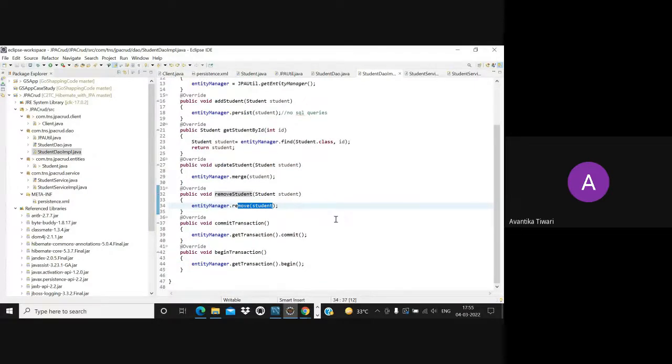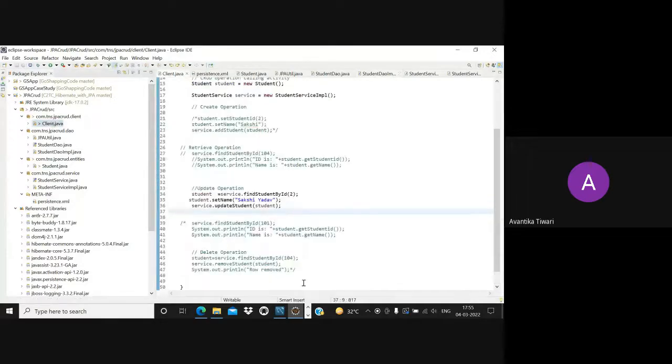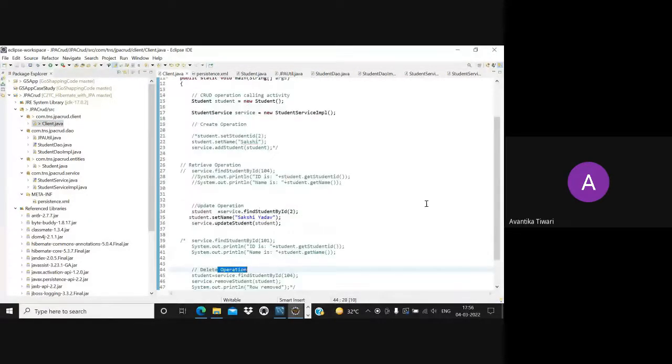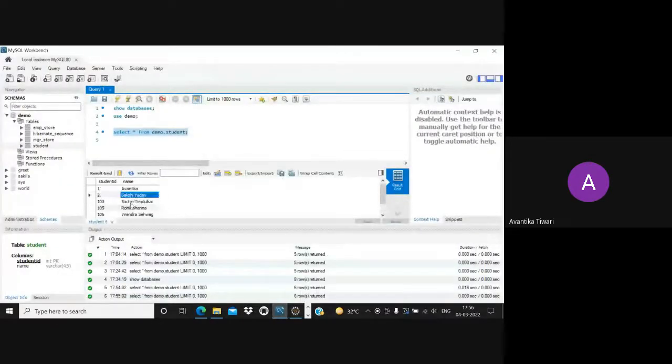That is the reason why, when we were discussing the advantages of ORM, I told you it provides portability. It is what we call vendor independent. Okay, that feature is there. So you can perform all other operations as well. Okay, retrieving, deleting, all these operations you can perform, and all the changes will be visible over here.